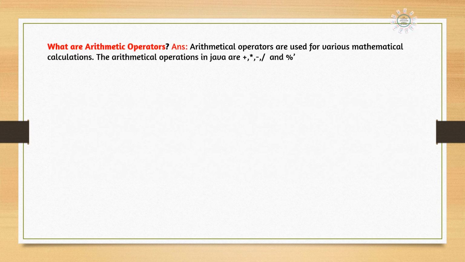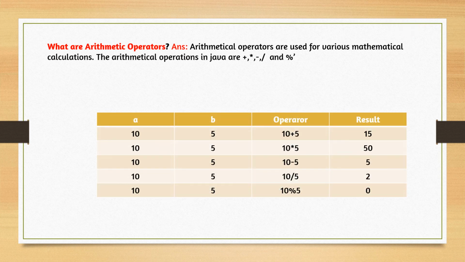And now coming to types of operator, we have to study the definitions in one line with example. For example, the first one is arithmetic operators, used for various mathematical calculations, and the arithmetic operators are plus, minus, multiplication, division and modulus sign. We can see the example here, variables are also given. Here the operators are used. So plus, minus, multiplication, division slash will give the quotient and modulus will give the remainder. This also can be a question: what is the difference between the slash sign and modulus sign?